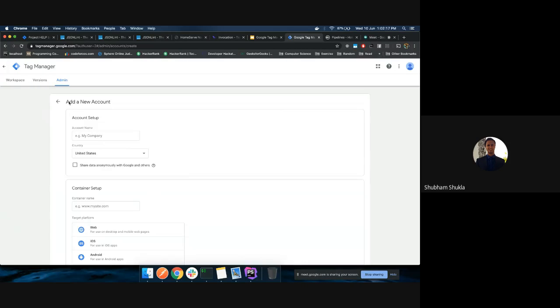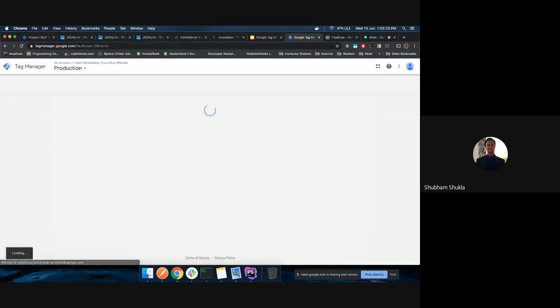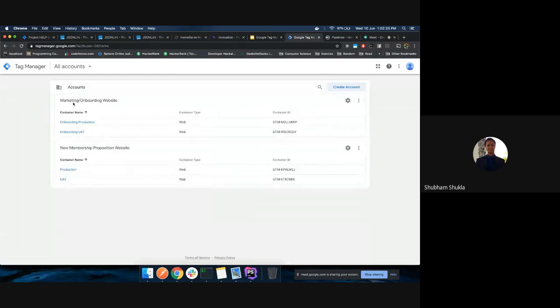An account is nothing; these are like different products. For example, I have two products which I want in Google Tag Manager. I have one marketing or onboarding website, and there is another website. For both of these accounts, these are the two containers. So once you make an account, you have two containers. Containers are just holders or boxes which hold your tags. So I have one for production, one for UAT,